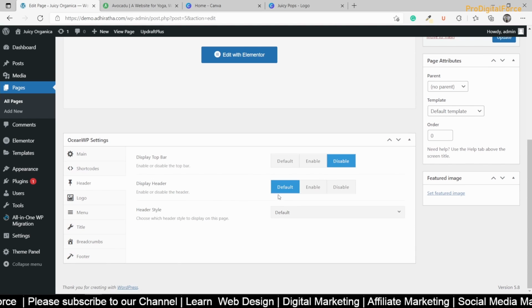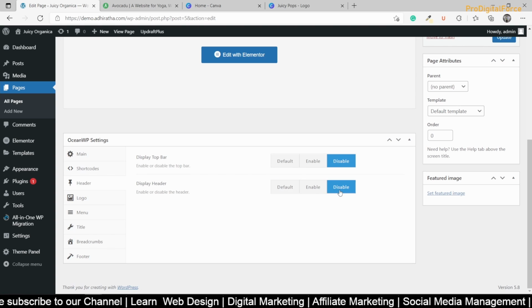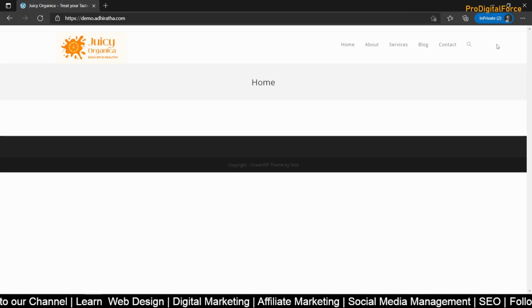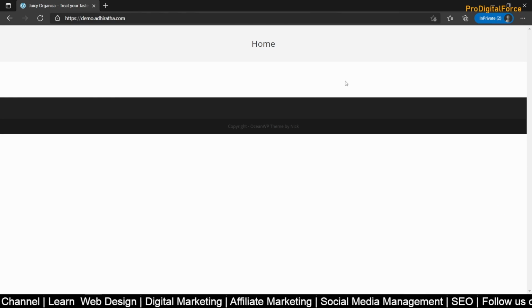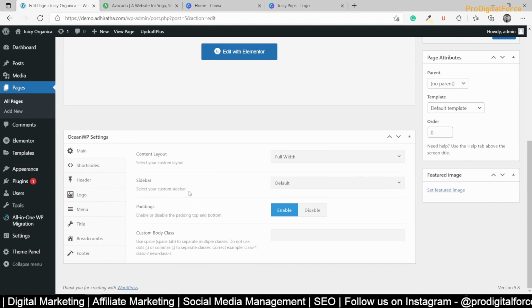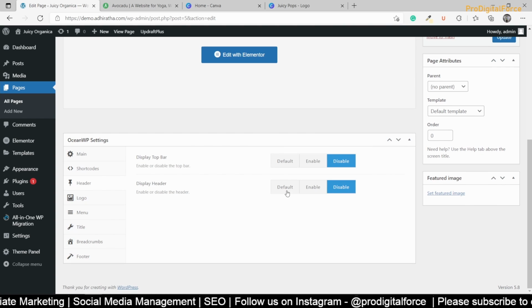Then also we have display header, right? That also we don't want, so I can disable it. If I click on update and come here. In which cases we use that, that's what we'll see in the next sessions. That's where you will learn. But for a home page, what we talked about, all your pages should show home, contact, navigation menu, so it should show, right? That's what we discussed.